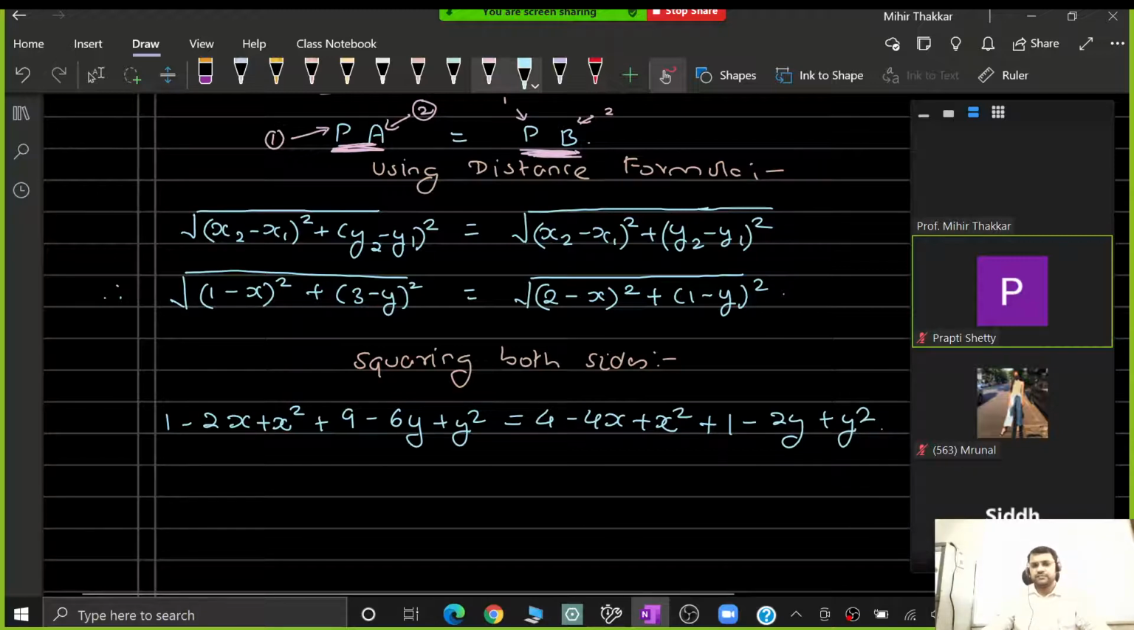plus y square. Let us cancel off the terms whichever are common on both the sides. I can get rid of x square. I can also get rid of y square. I can also cancel 1 and 1 on both the sides. Yeah, remaining terms cannot be cancelled. So let us take x and y elements together and the constants together. So if we do that,